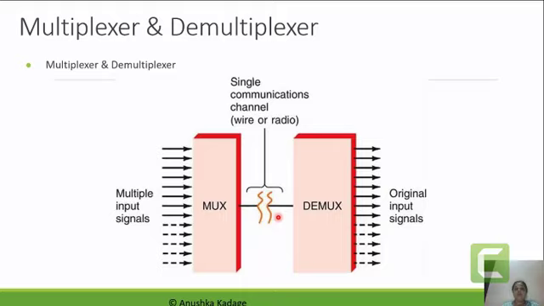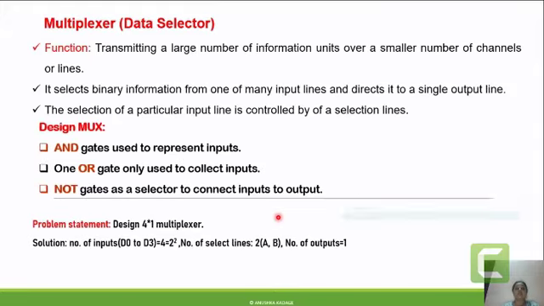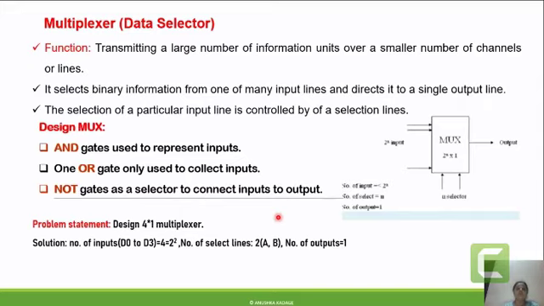So now, after understanding the need of the multiplexer and demultiplexer, we will see in detail what this multiplexer block and this demultiplexer block do for us. We are starting with the multiplexer, and generally the multiplexer is also said to be the data selector block. Why is it said to be a data selector block? Because it does the function of transmitting a large number of information units over a smaller number